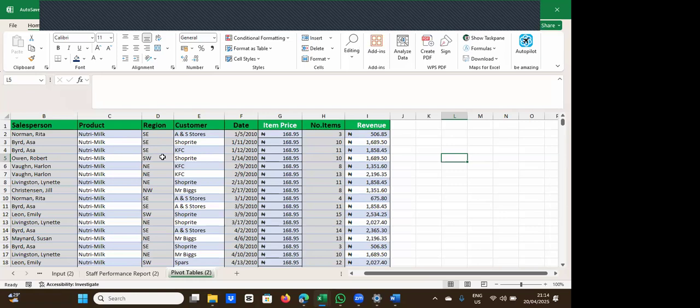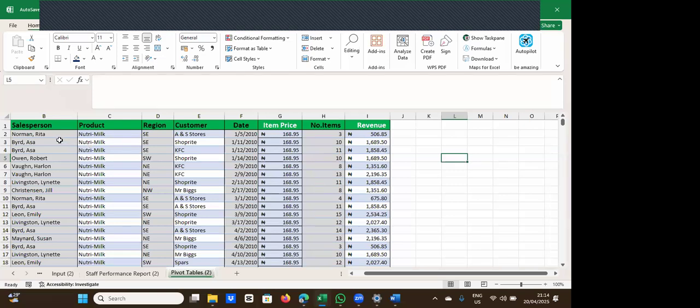I don't think they are the same. But the customer is different. We have ShopRite and the customer is different, exactly. Yeah, ShopRite and KFC. Thank you. So that's what I was going to talk about, right? That's why I said when you get the data set, please go through the data set before going ahead to